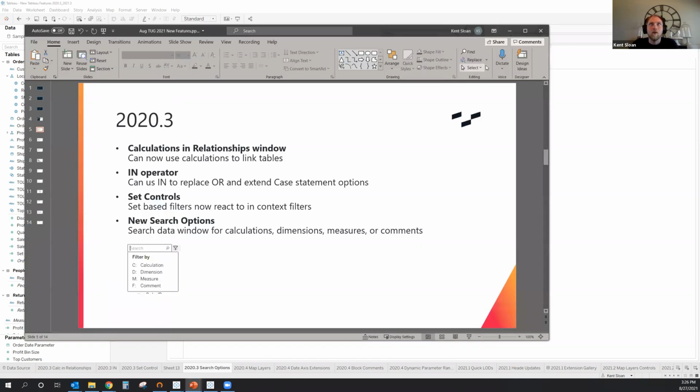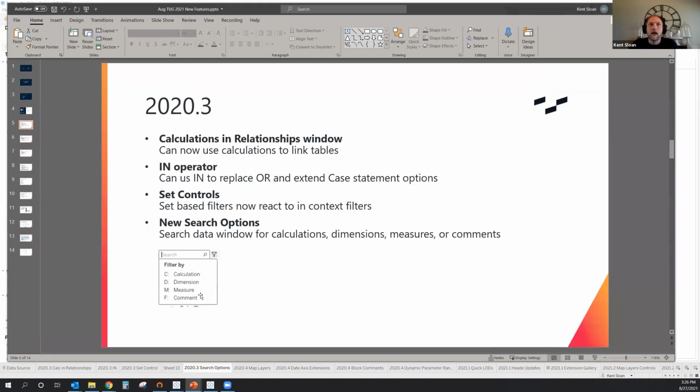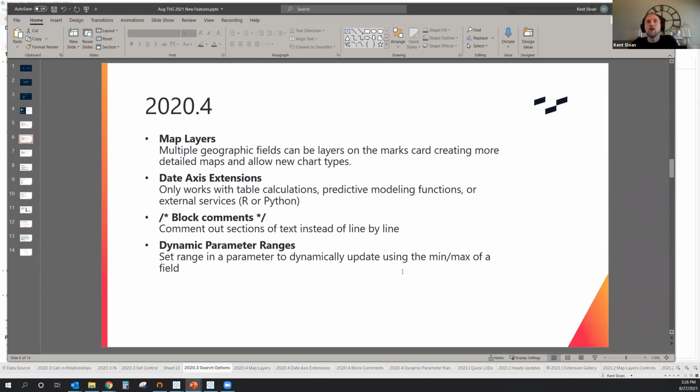Bouncing back over to our little slide here, and I had an image of our search options. I go into 2020.4. The really big one that was added in 2020.4 was map layers. So that's the big one that was added here. And what that now allows us to do is to put multiple geographic breakouts on a single map to then build up those layers.